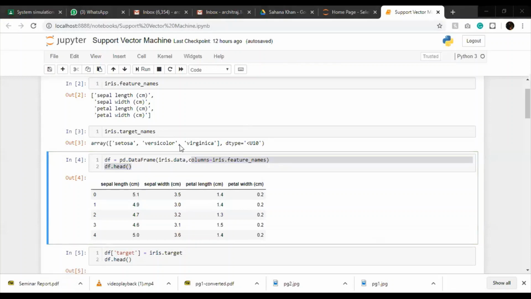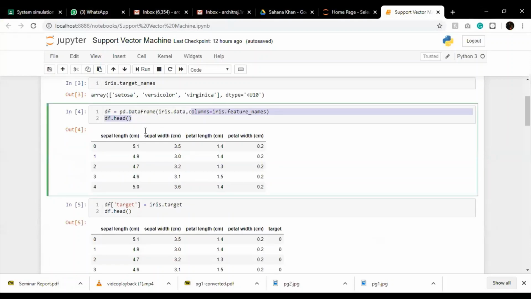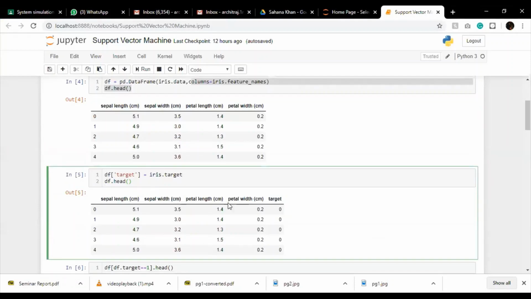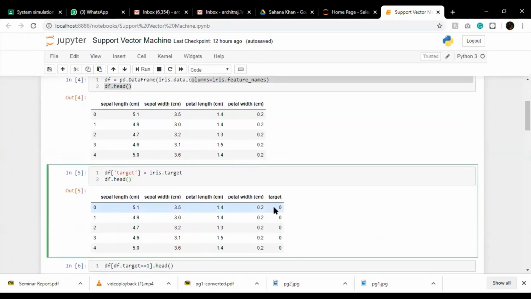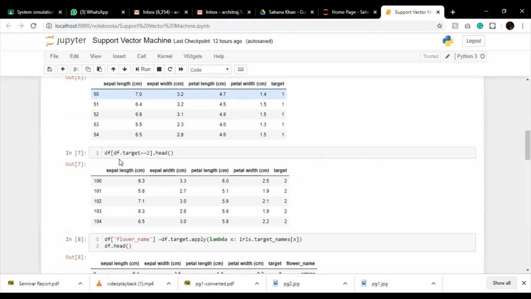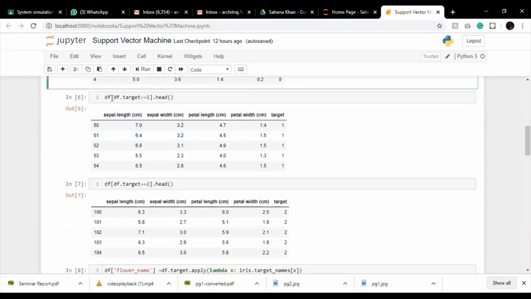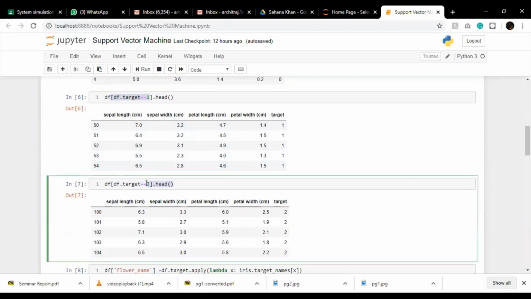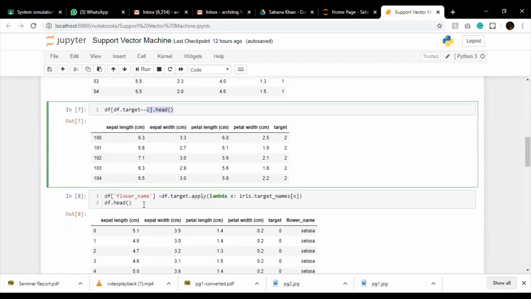Okay, now simple pandas as pd, and from sklearn datasets we loaded the iris dataset. Again the same feature names, the target names. We made a data frame. The data frame is right there. Now we made one more column, which is the target function. The target function gives the exact output of it. Now we find out what the target is. Just for your own visualization, what are all the outputs when the target value is 1? What are the outputs when the target value is 2? What are the outputs when the target value is 3? I removed 3, so it's fine.